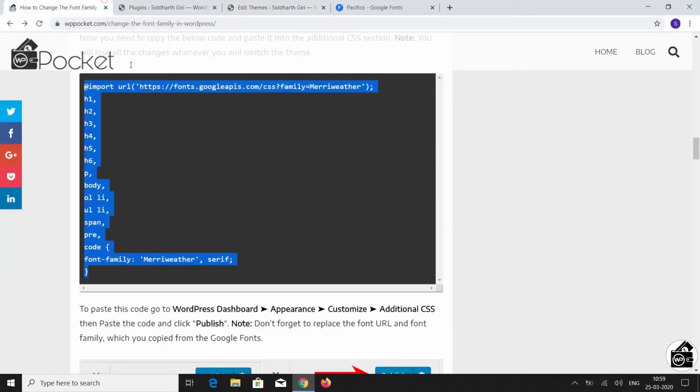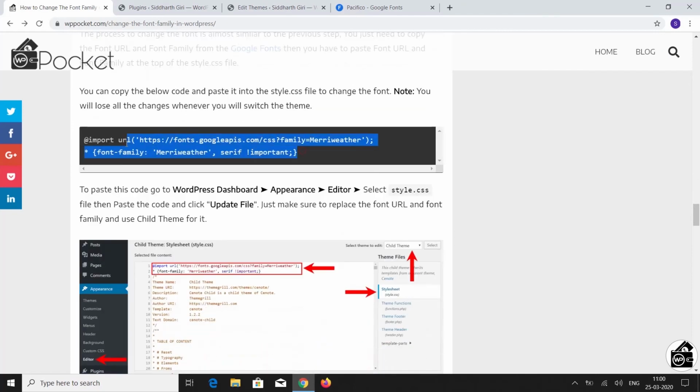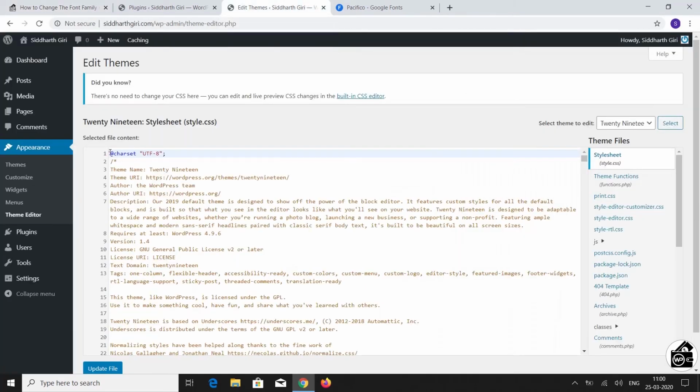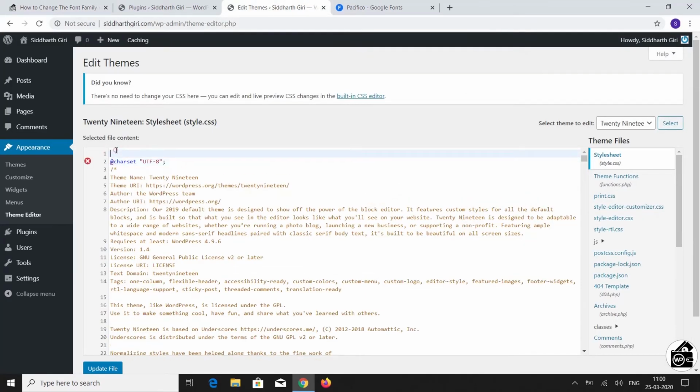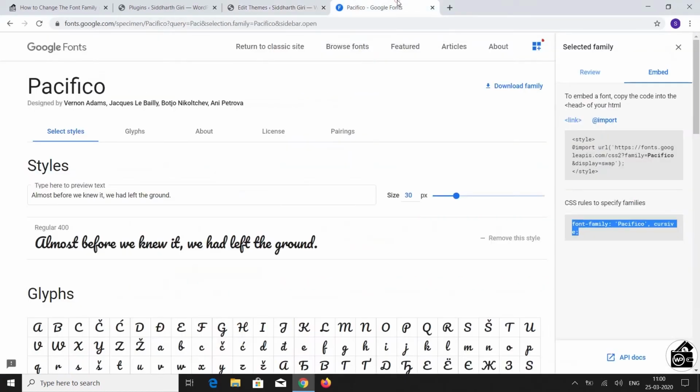Now go to the written article page, scroll down to this code section and copy this code. Now go to the theme file and paste this code. Now change the import URL and font family with the font family of your choice.